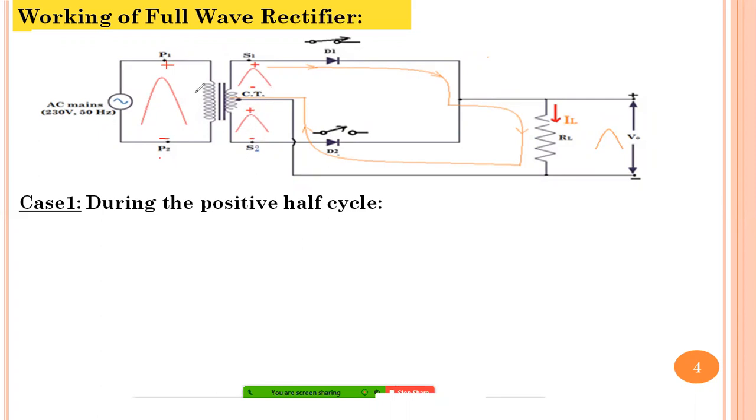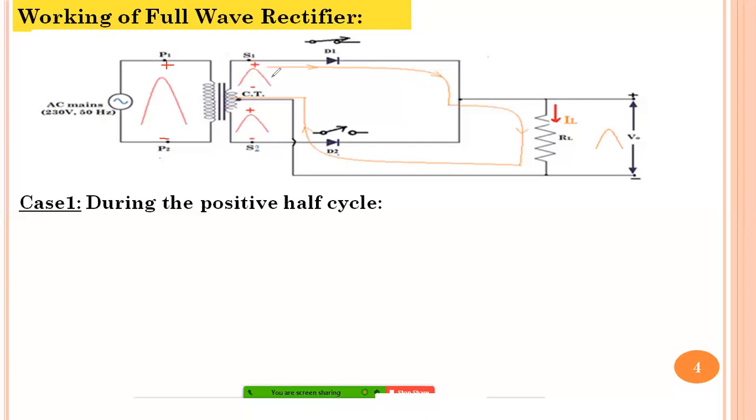Remember here, the induced voltage will have the same direction. But since there are three terminals, the amount of voltage produced between S1 and CT will be equal to that between CT and S2, as two half windings, one upper and the other lower. So an equal amount of voltage gets induced across the upper winding of the secondary coil as well as the lower winding. The nature of the waveform remains the same but with low voltage. So the voltage present between S1 and CT or CT and S2 becomes the actual input for the rectifier.